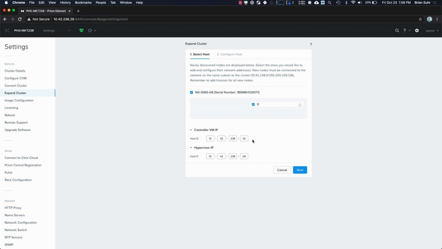It will then tell us the IP addresses that are already configured for this node as part of the foundation process, so it's ready to go. We will click Next,